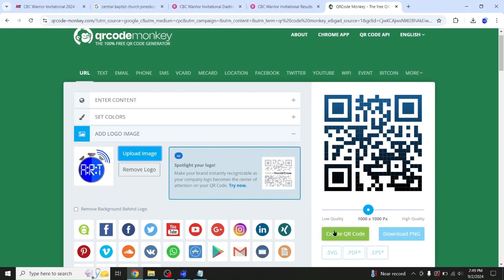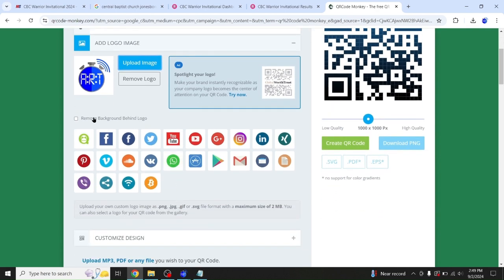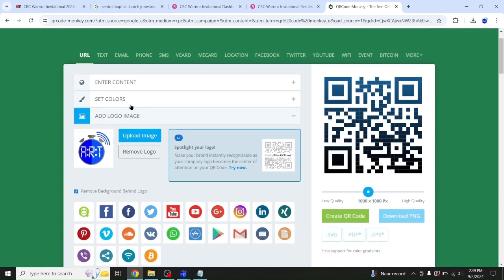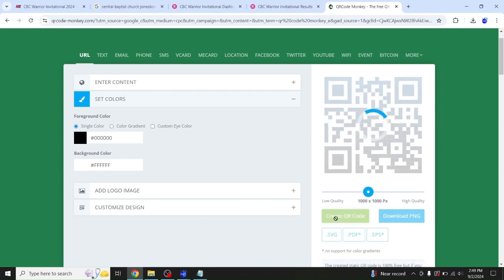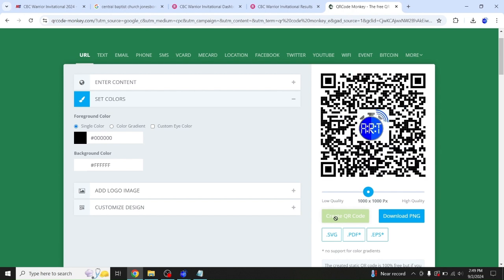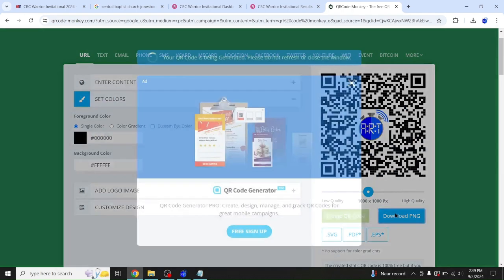And then once you get it with the right URL and the right logo, it's got all kinds of options to remove the background or change the color, if you want it to be a different color than black. You can also do different block styles, I think, and all kinds of things. I don't usually do that. I just usually put the URL in, put my logo in, and then after that do create QR code. That's going to create something like this. Then you hit download,